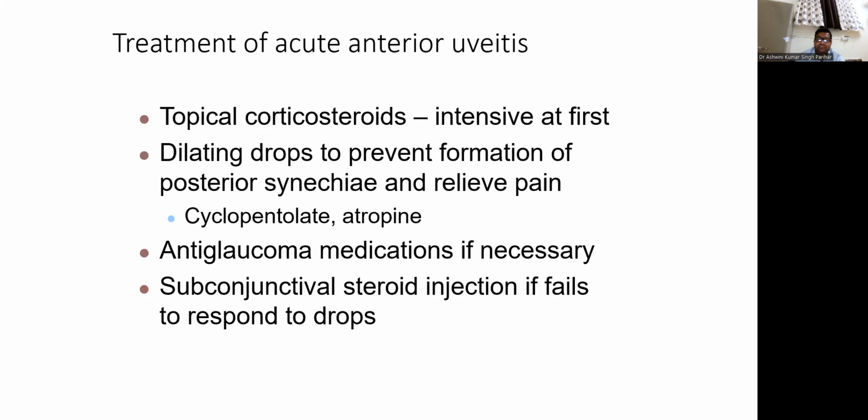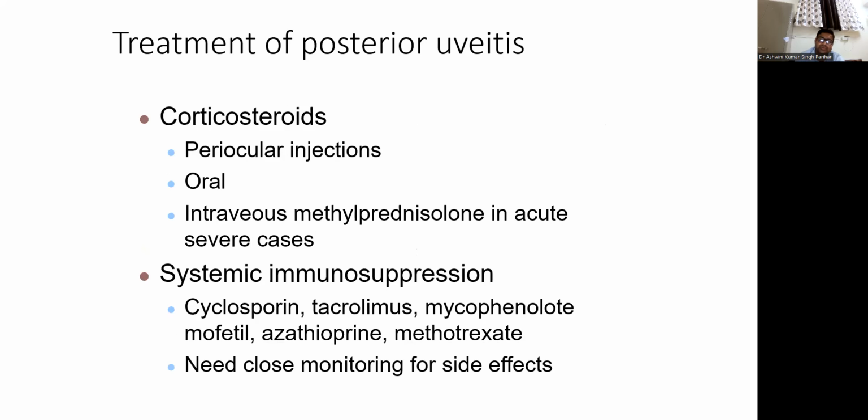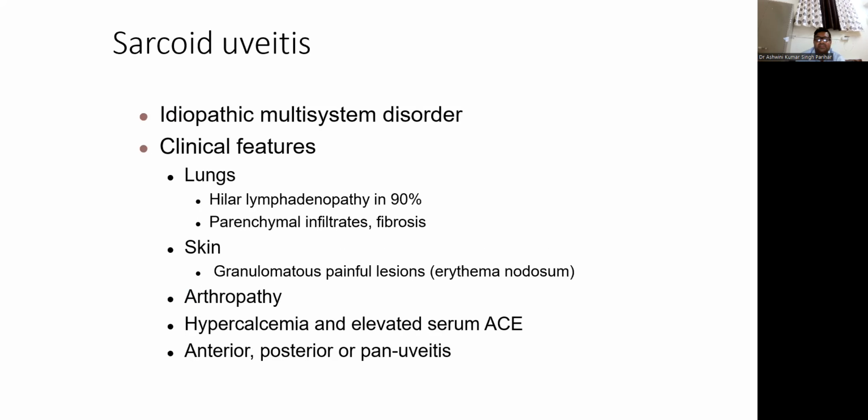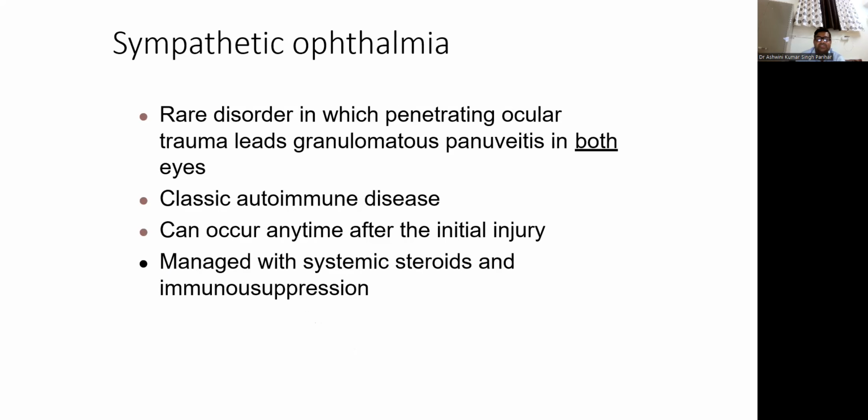Typical treatment with corticosteroid and cycloplegics along with anti-glaucoma if needed, and subconjunctival injection, posterior uveitis with corticosteroid and immunosuppression. These are the complications. These are certain conditions which are present with the